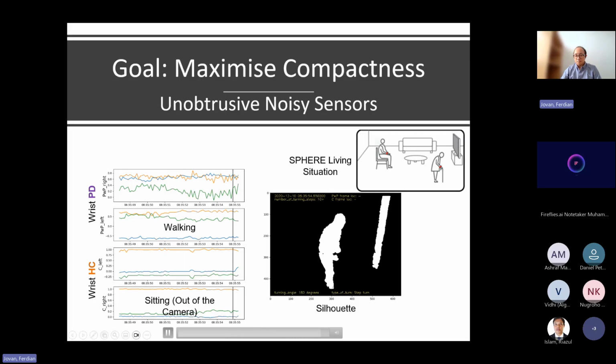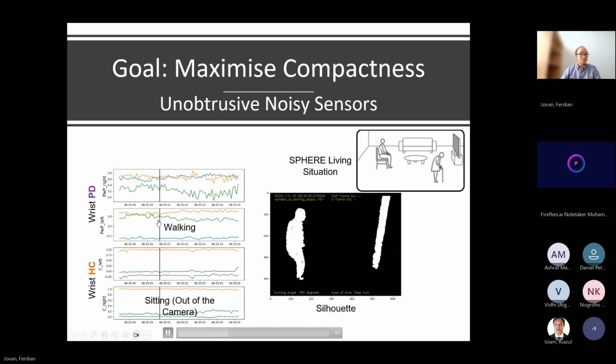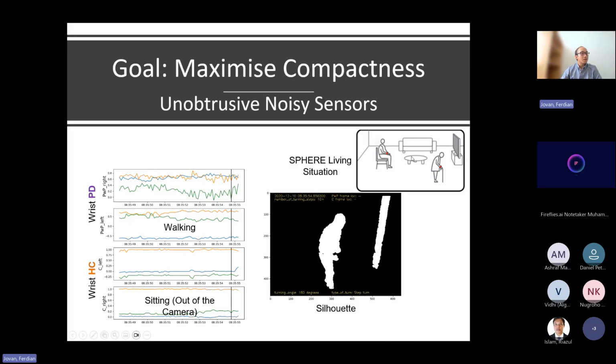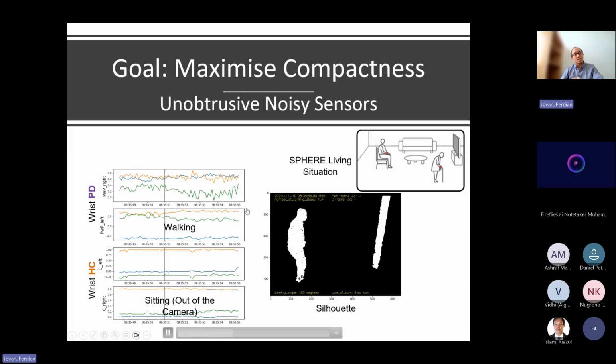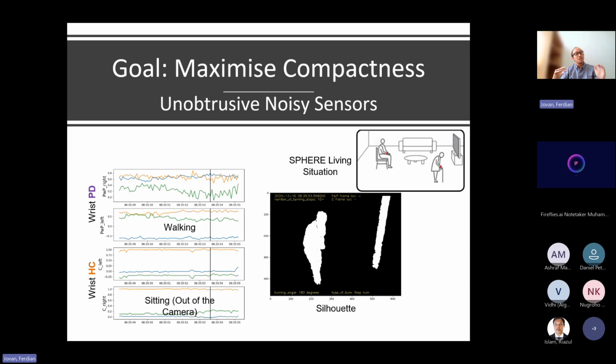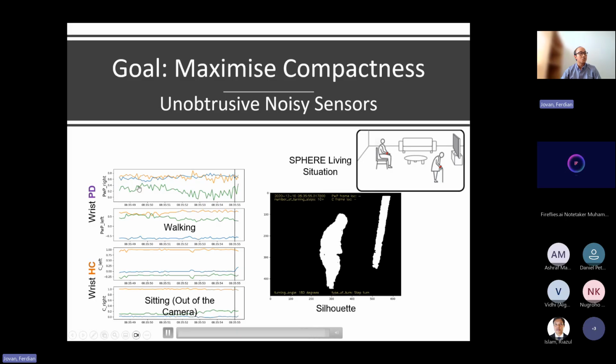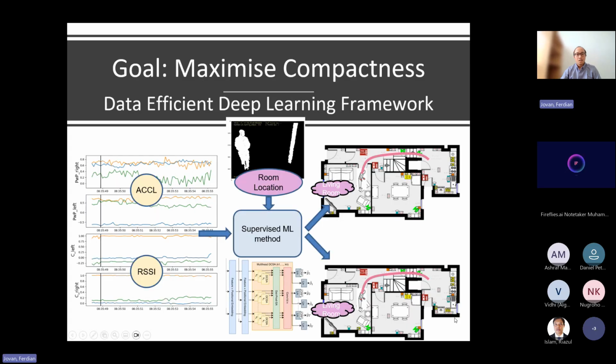Yes, I forgot to tell you that in this case, the data that we collect is coming from two persons. In this house, there are two persons living: the person with Parkinson's disease and their carer, who acts as a healthy control. So we have two persons living for 5 days in this house. Using these two modalities, we were attempting to estimate the location of a person wearing the wearables inside a smart house.